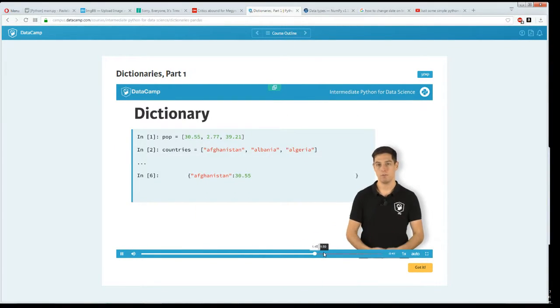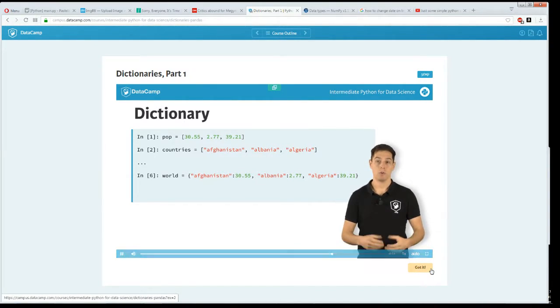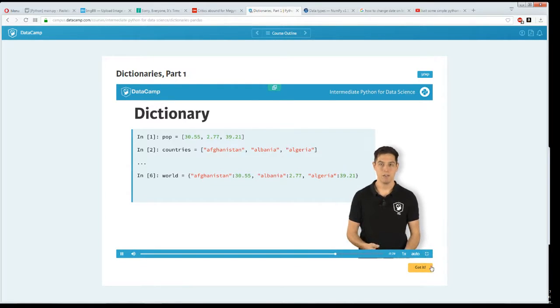Value is 30.55. Notice the colon that separates the key and the value here. Let's do the same thing for the two other key value pairs and store the dictionary under the name world. If you now want to find the population for Albania, you simply